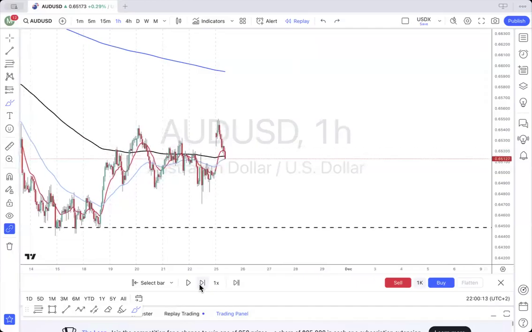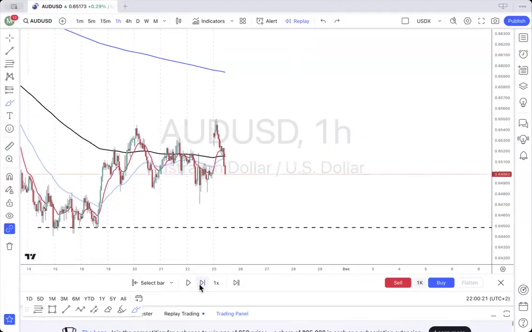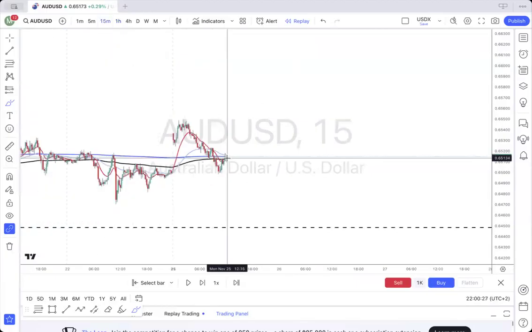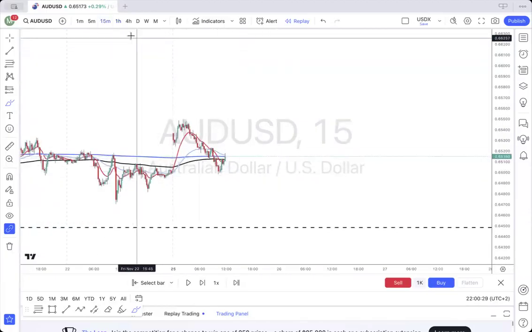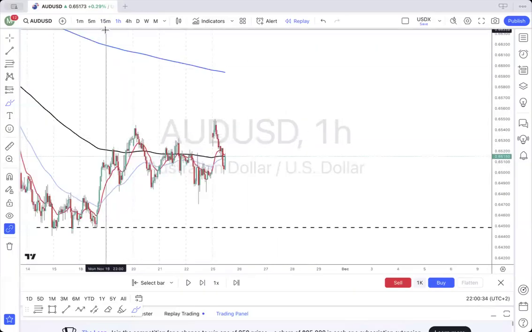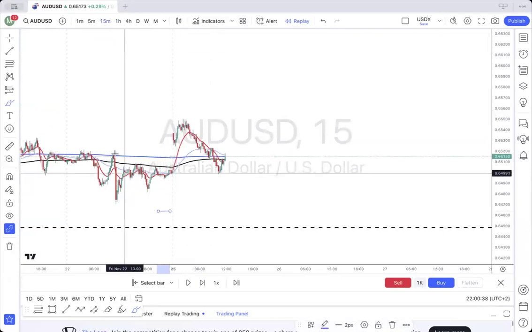So now, if you go to the 15 minutes, you probably do not have a setup at that particular moment. I'm pretty sure the market there just moved away without any setup. Yeah, that's what happened. The market moved away without any setup. So that means you cannot trade this unless you want to be very specific and